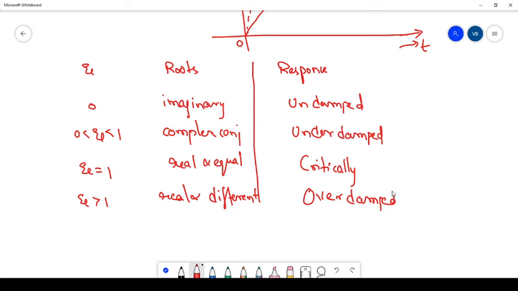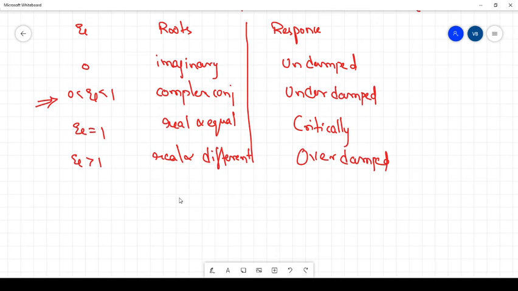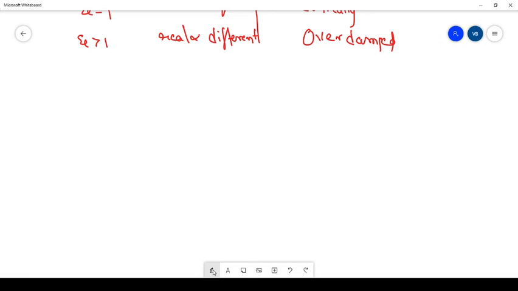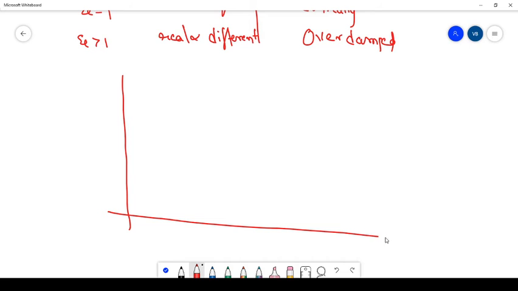So we always prefer the underdamped system response. First I'll draw the underdamped system response, and we'll see what times we are going to get now. So this is an underdamped system response. I already showed it previously. So let us take this as an input.